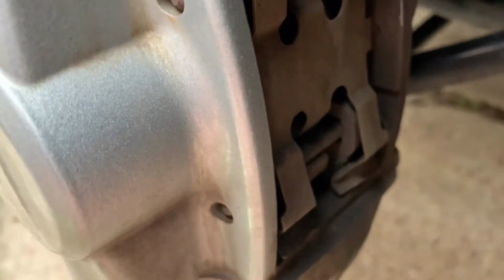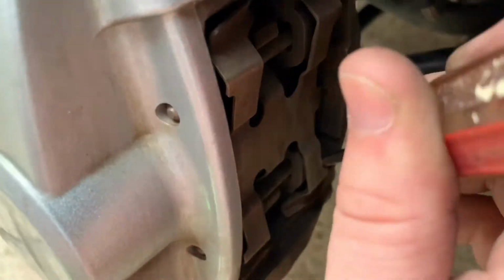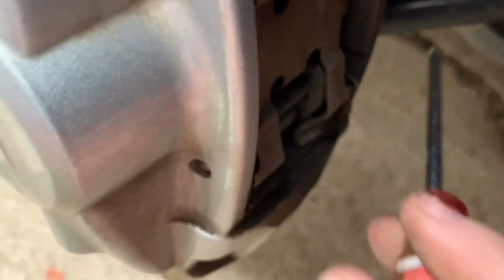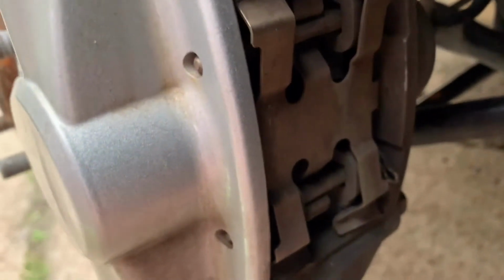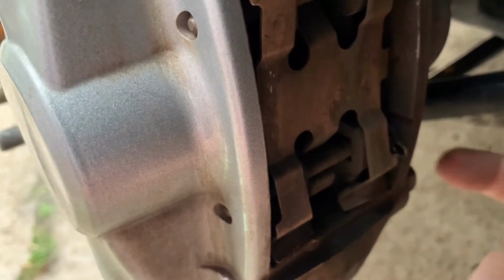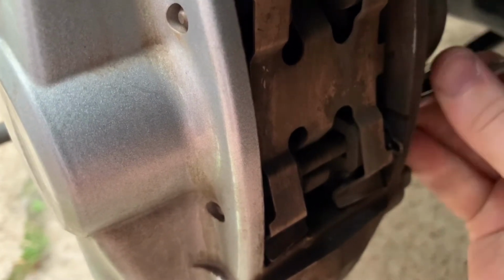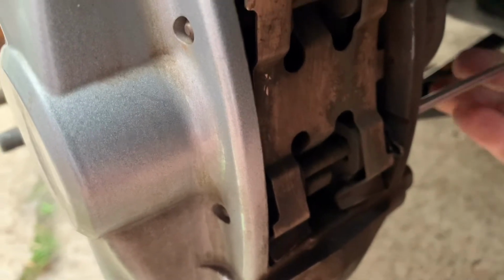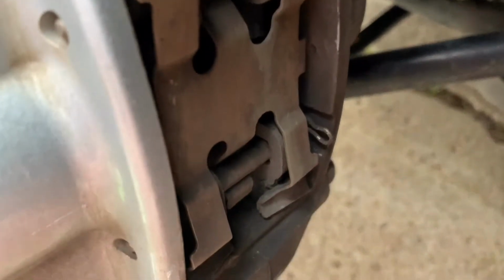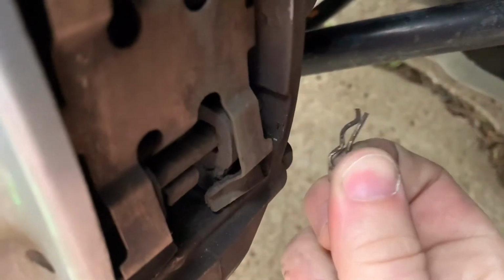So let me go ahead and try to grab that for you. And if it's at an angle like that, this is not the best shot. But there is a Phillips head back here on the pin itself for you to put it in there and turn it like that, so that way you can get a better grasp on it, and then you just pull it out. Make sure to save it,